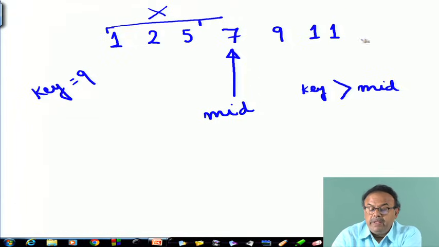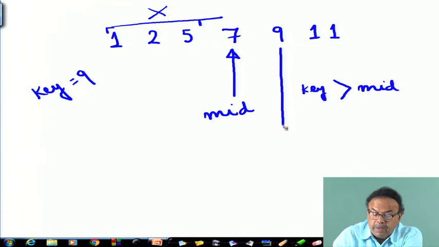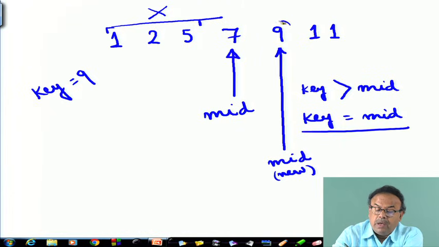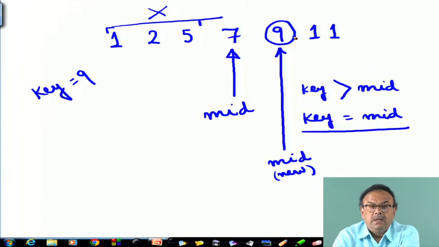So, again within this I find the new mid, and I check it. Now, I find that the key is equal to mid. Therefore, my search completes here with this index as the output.